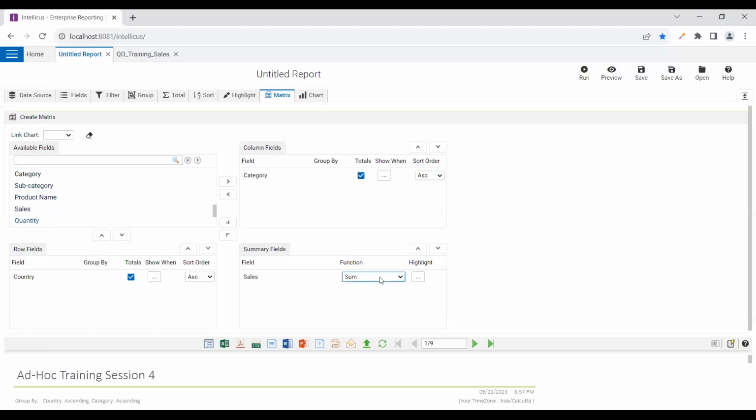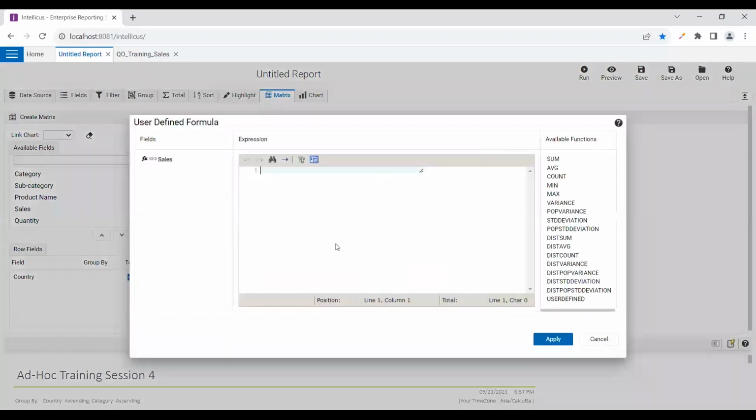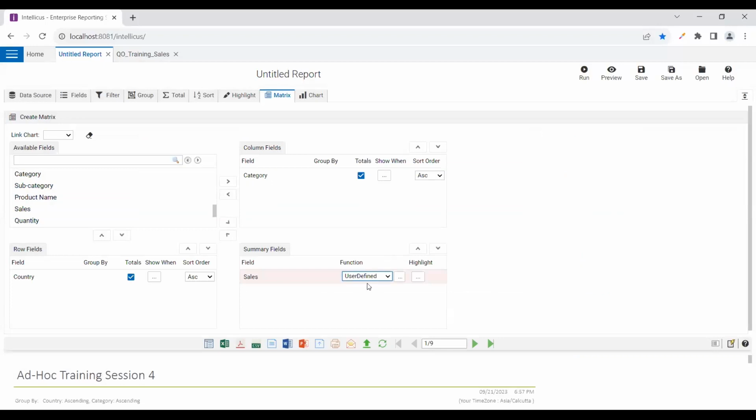Now I have different conditions based on what aggregation you want to do: sum, average, count, min, max, and many more. User defined also. You can define the formula, like in the query object I showed you how we can define the formula fields. The same formula expression we can use to define the conditions also. Here I am taking the sum, and if we preview it,